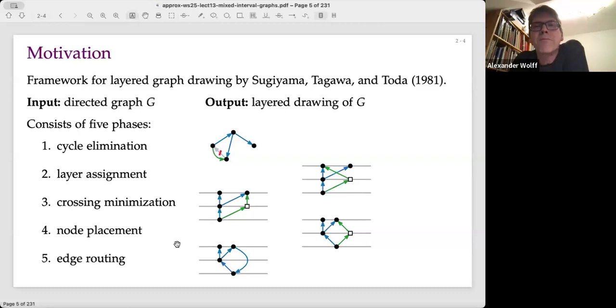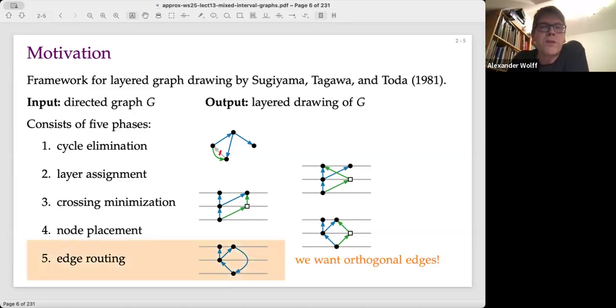And the logos should tell you a little bit what is meant by these. But basically, you want to draw a directed graph mostly upwards, and you want it to appear in a nice way. And the last step in this list is the edge routing, and we are interested in routing the edges